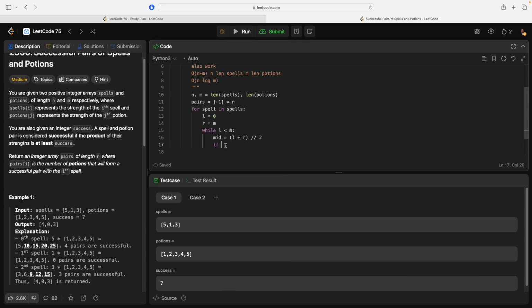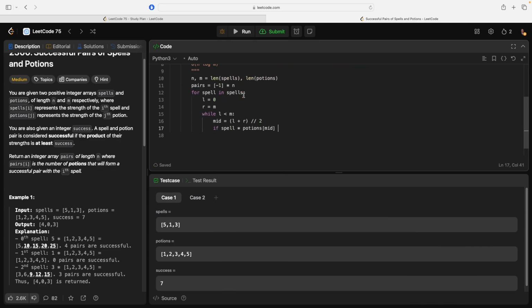Because that way if we see a -1, we know that something's wrong. If spell times potions mid is greater